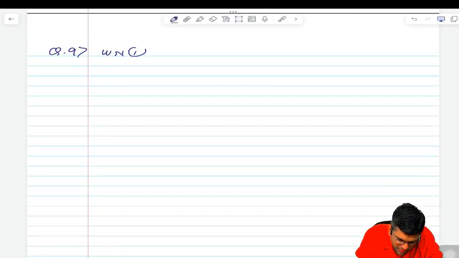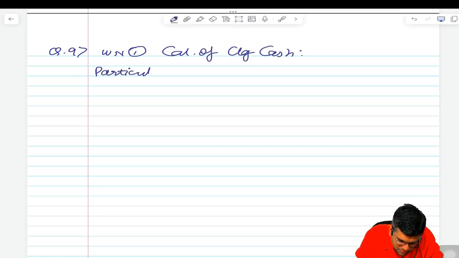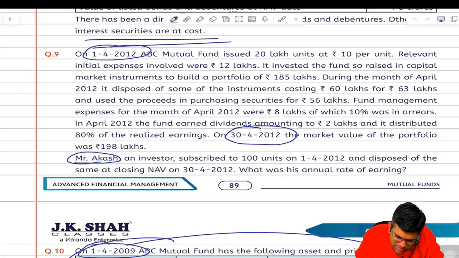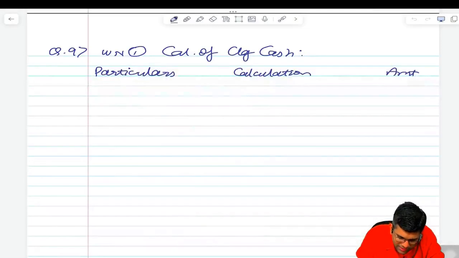Working note 1. Calculation of closing cash. Particulars. Calculation. Amount. Let's start. Students, a mutual fund issued 20 lakh units at 10 rupees per unit, which means, do you understand that 200 lakh rupees subscription was received? Are you able to understand? So I'll write here